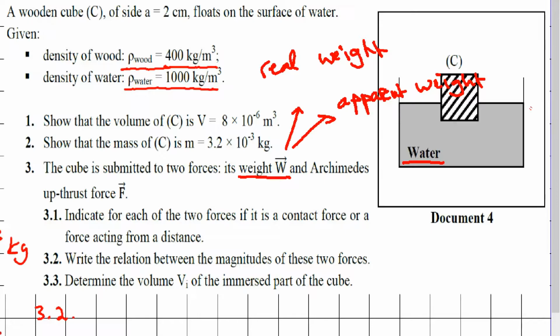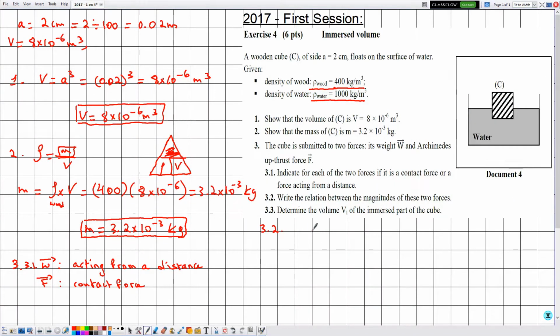Now in number 3.2 they are telling me write the relation between the magnitude of these two forces. So in order to determine the relation between the magnitude of these two forces, we need to write first the condition of equilibrium, then we deduce the relation between the magnitudes. So whenever we are writing the condition of equilibrium, we always use the real weight and not the apparent weight. Okay, so I repeat, whenever we are writing the condition of equilibrium, we always use the real weight. Then let's say at equilibrium,